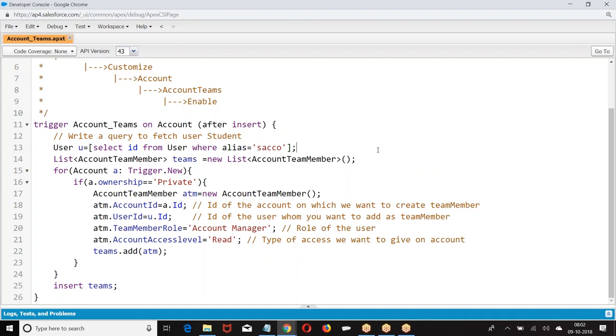What are the possible ways of sharing? First, we'll start with OWD. Then we have role hierarchy. Then we have owner based, criteria based. Then we have manual sharing rule, right? Then we have view all, modify all, view all data, modify all data. Then territory based sharing rule. So there are 9 ways of sharing a record. All the 9 ways which I discussed now are declarative, which doesn't require any programmatical interference.